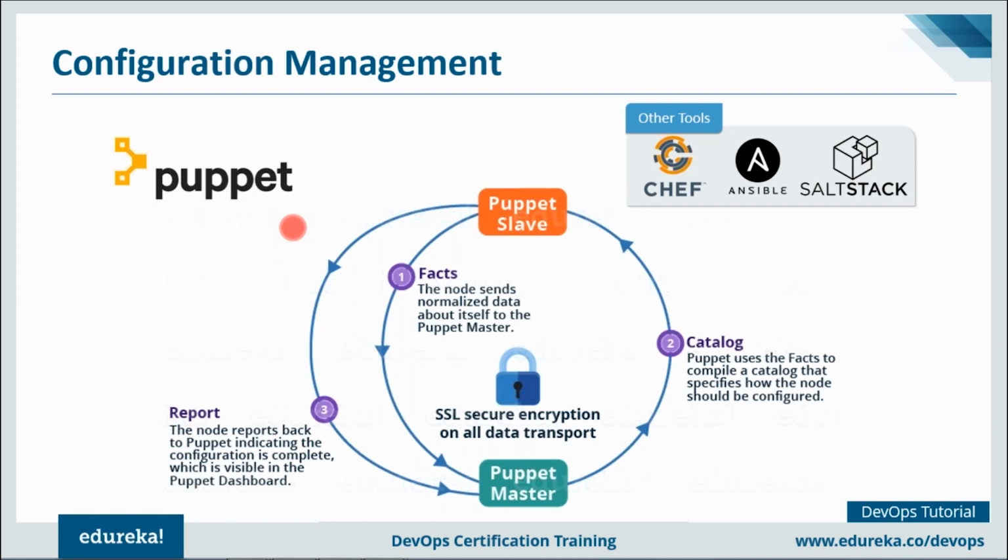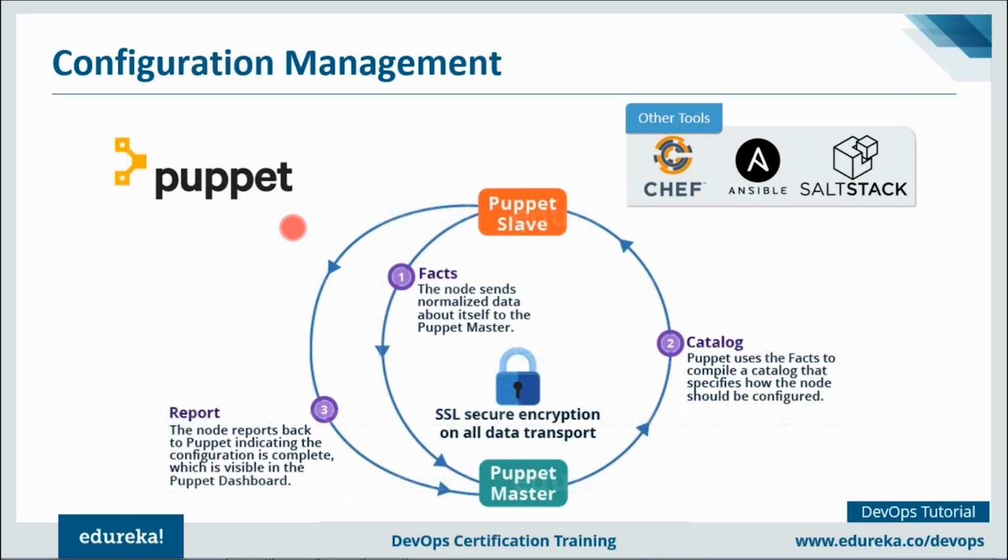What I mean by that is, you can define distinct configurations. For example, on one particular node, I need this software stack. On another node, I need that software stack. So I can define distinct configurations for different nodes and continuously check and confirm whether the required configuration is in place and is not altered. And if it is altered, Puppet will revert back to the required configuration. This is one function of Puppet.